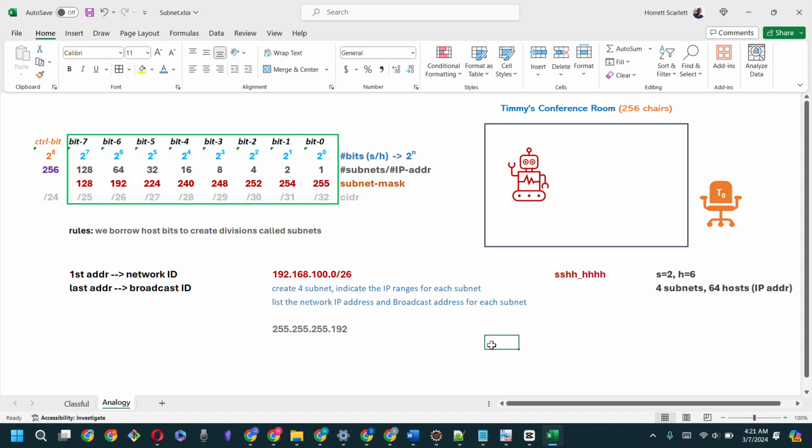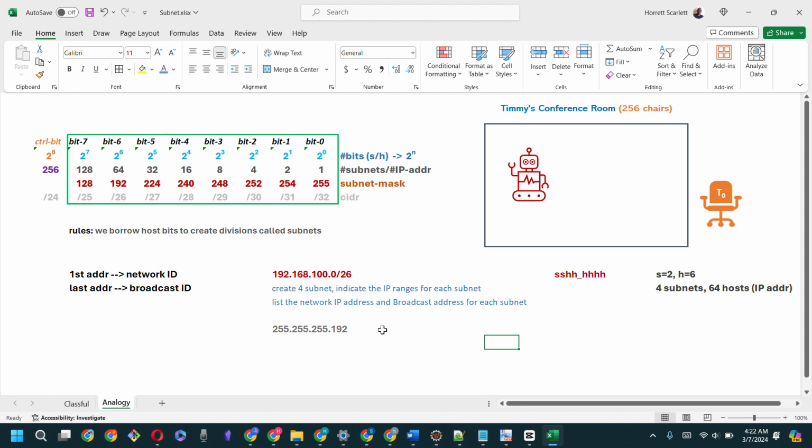And in order to figure out how many bits we are using to represent the subnet, we can simply convert it to the CIDR notation, because 192 means that we have borrowed 2 bits out of the host to be using as subnet bits,